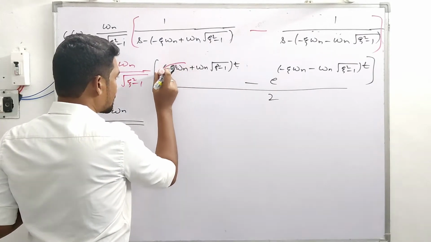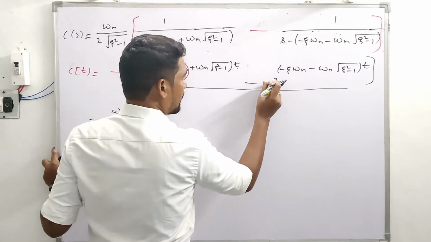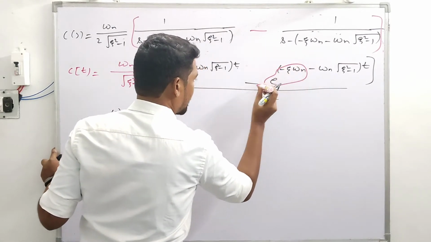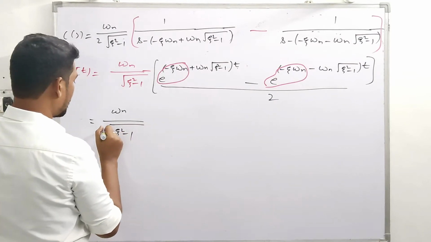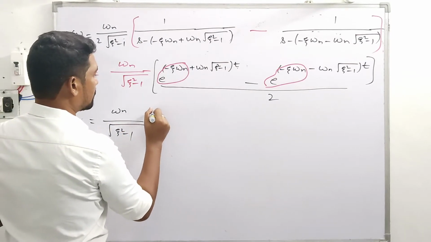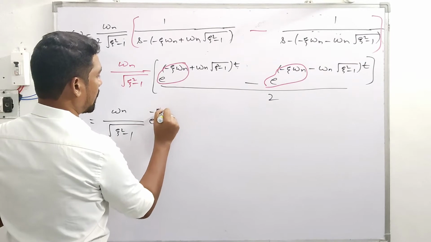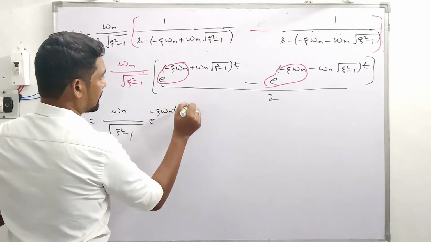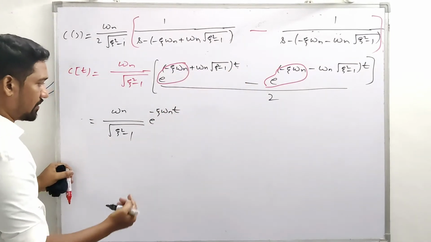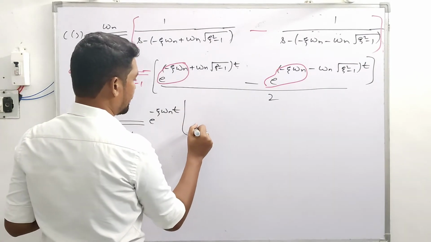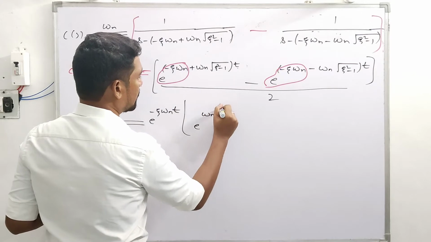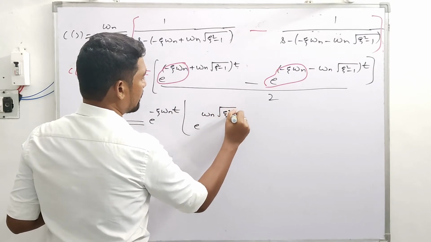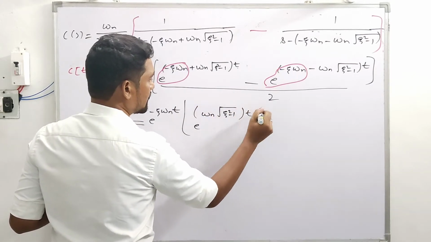This negative, and exponential raised to this negative can be taken out as common. All right, so what is that? We have that too, e raised to negative zeta omega n t, this into this, isn't it? How can that be neglected? Close the bracket. We have e raised to omega n into under root zeta square minus 1 into entirely t